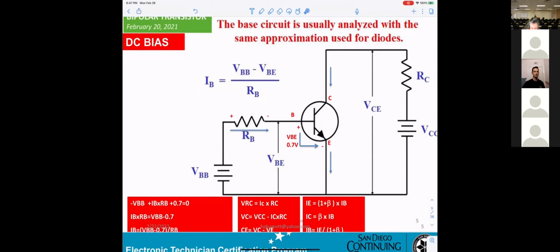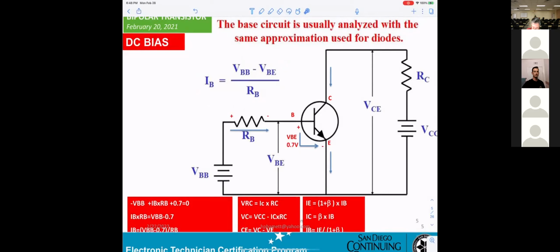VBB minus VBE divided by RB. After you get the IB, you can calculate the IC or IE. IC equals beta times IB.